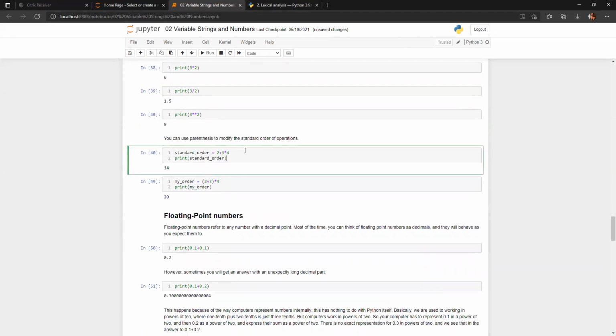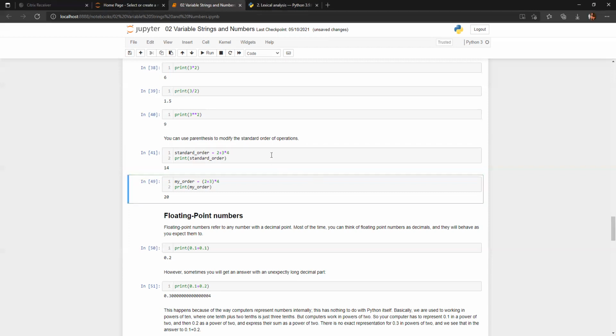Now just do one thing. You can use parentheses also to define your expressions. Suppose you want to write an equation like 2 plus 3 into 5. How will you do this? In mathematics, you have done this: if you are using 2 plus 3 into 4, first of all you'll multiply 3 into 4, and then you'll add that up with the rest. So the output will be 12 here.